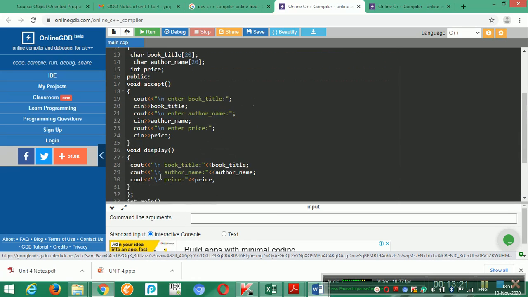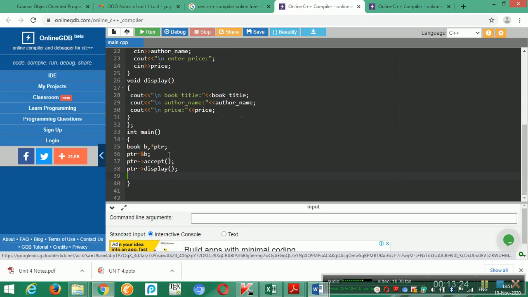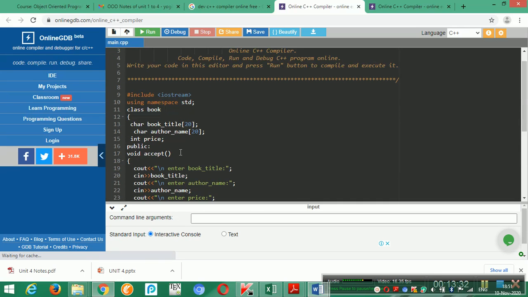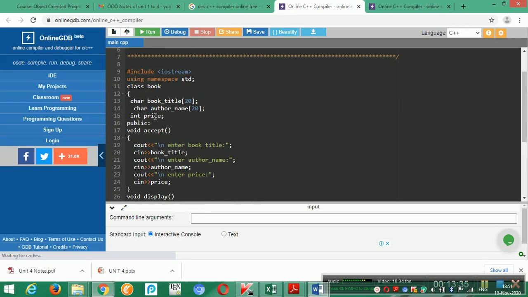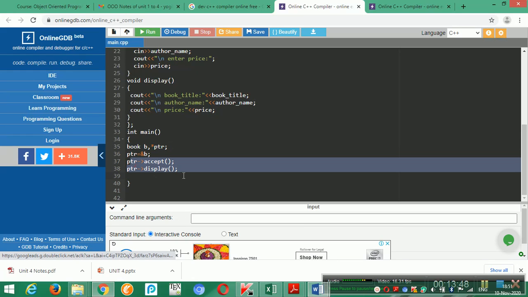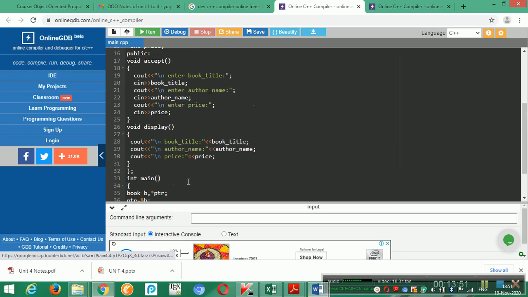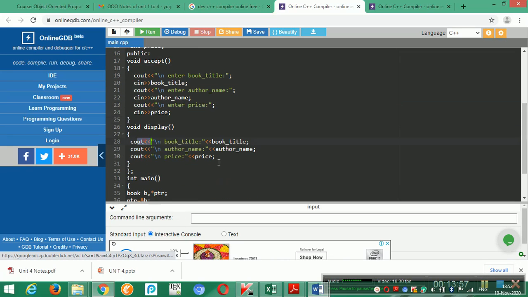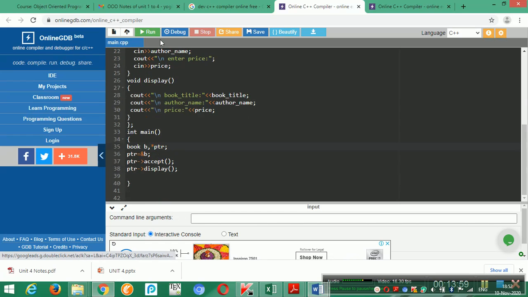Alright, now let's see how this program will exactly execute. First of all, after the inclusion of the header file, the class is created, and then we can see that there will be an int main. After the main body the objects will be created, and the execution will be done using these 2 functions. These 2 functions will be called accordingly, that is void accept will be called and void display will be called. And now we'll simply run this program